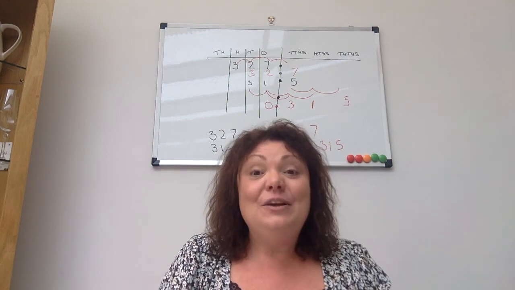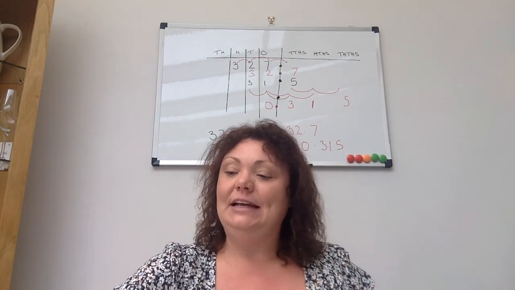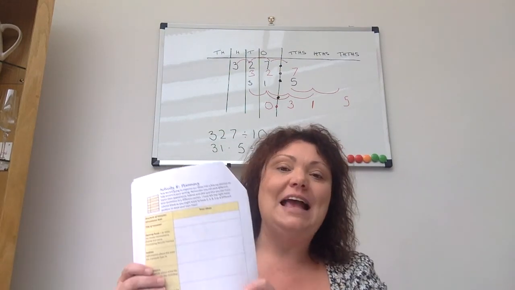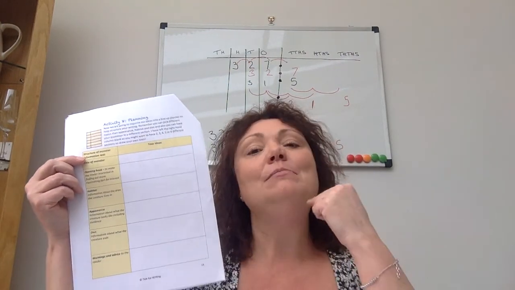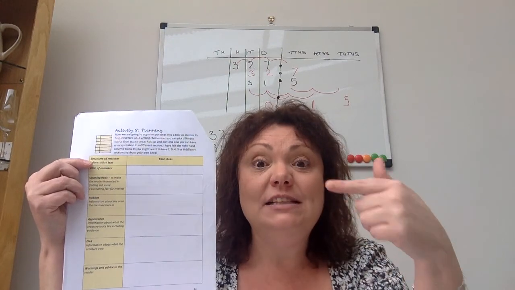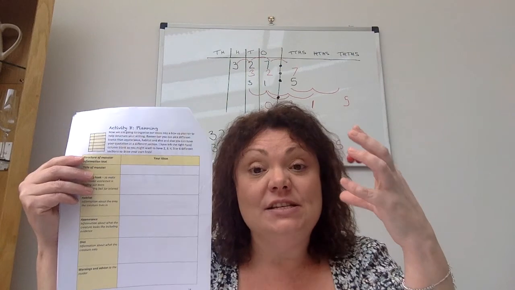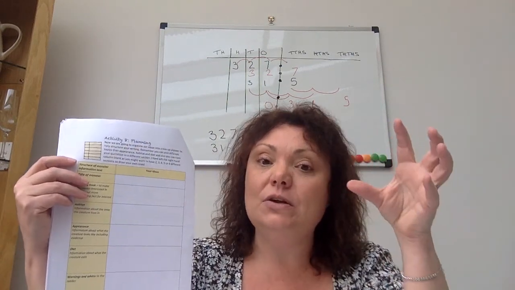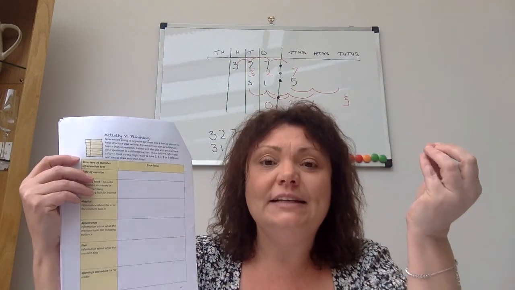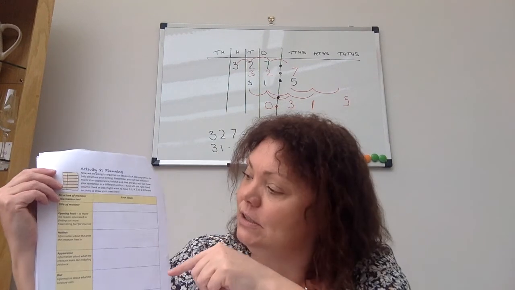Okay, so before we write anything, as always, we need to do a planning sheet. So we are on activity 8 of the planning sheet, all right? So there's activity 8. And you will see, can you remember there was that toolkit right at the beginning that you read? Okay, and it was broken into sections, and it says if you are writing an explanation text, these are the things that you need to include to make that reader want to read a little bit more. So this plan has broken it into those sections.